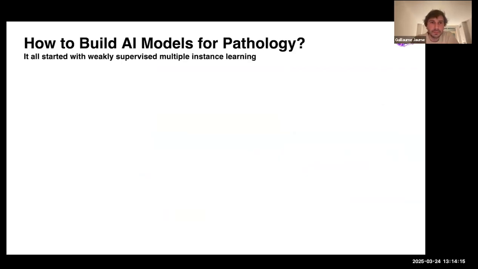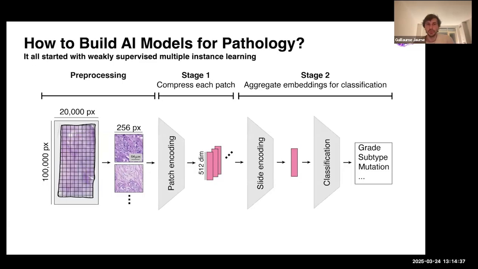So from the beginning, I just say, oh, we just build an AI model and we just train it to extract this, or this. But of course, and again, because of this size constraint that I was talking about in the beginning, it is very, very challenging to extract the right information from these whole slide images. So the field has converged to what I call this 2-stage pipeline, which people sometimes call weakly supervised multiple instance learning. Again, it's a pretty barbaric name to describe a 2-step pipeline, which is not that hard actually,